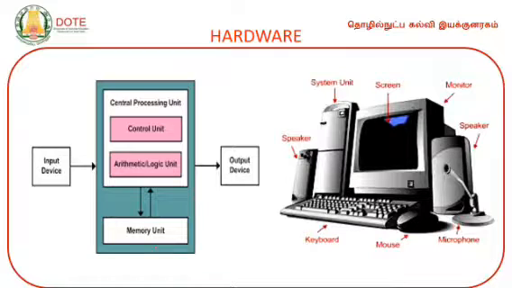So, in this picture, this is the entire computer system. It has a system unit and screen, which is a monitor, and keyboard, speakers, mouse. It has different types of devices for input and output, and the CPU or system unit or system box